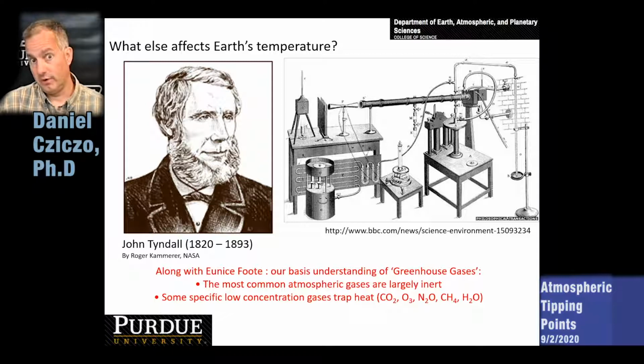If we get cold on a winter night, we throw an extra blanket on. The blanket isn't producing heat. What it's doing is it's trapping heat and re-radiating it towards our body, thereby keeping us warm. This is often termed the greenhouse effect, and the idea is that these trace gases, the ones that I mentioned earlier, even though they're of low abundance, are very important to the planet because they're able to trap some of the heat that would otherwise escape to space.